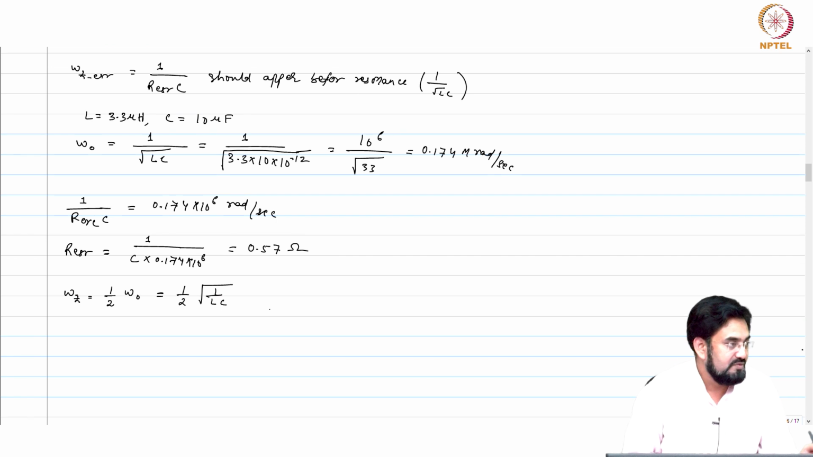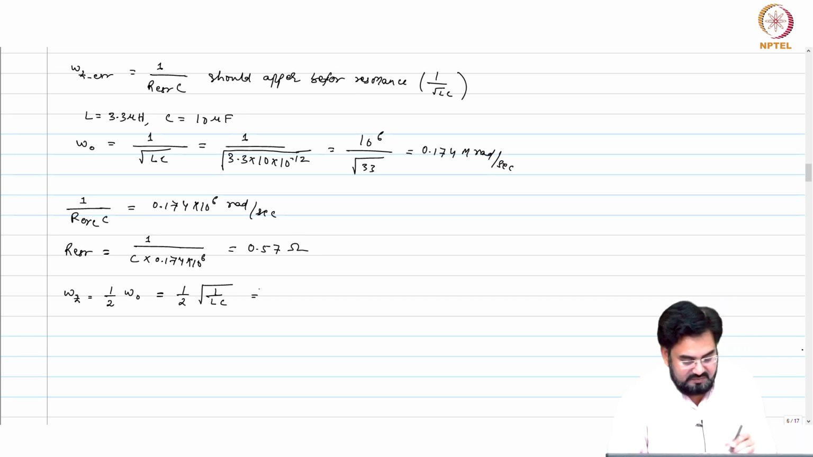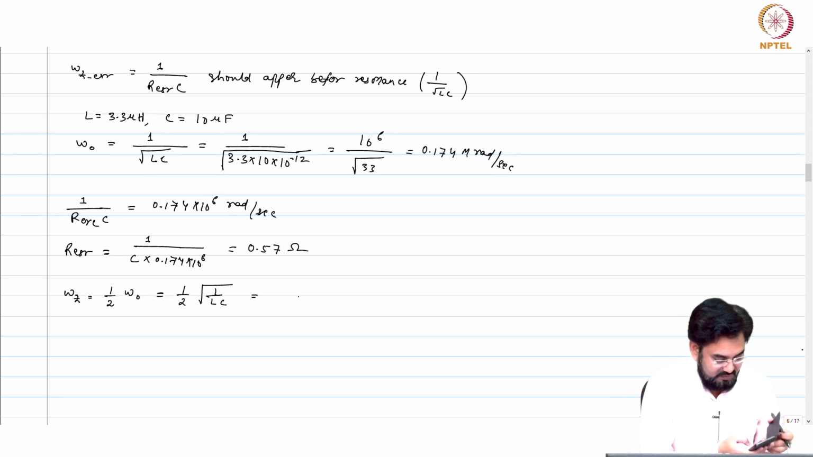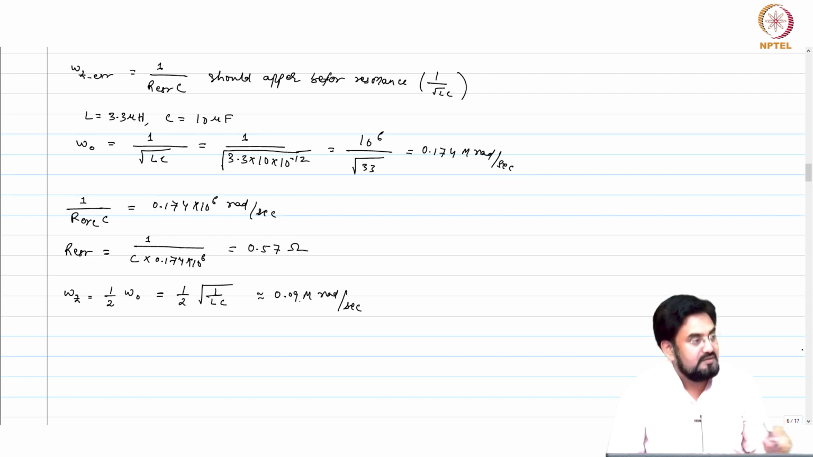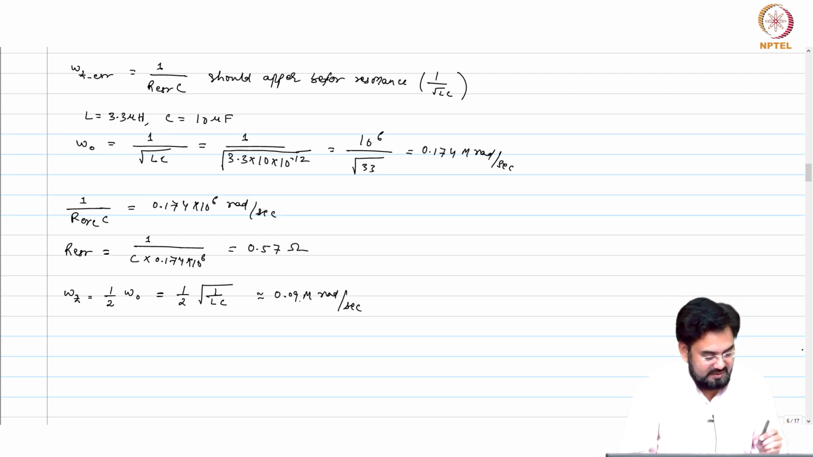So what would be that? We calculated this, 0.1, half of that: 0.174 divided by 2, 0.087, or pretty close to, I will say, 0.09 mega radian per second, which is 1 over RPCI equal to